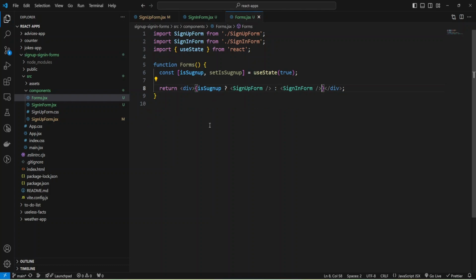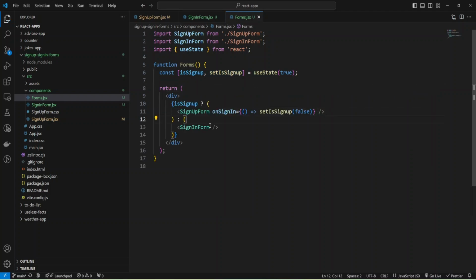And also we need to provide the function that will change the state, and I'm going to create an onSignIn function and pass it as a prop, and it will be just a function that sets isSignUp to false, and I need to fix this, sign up, and here sign up.